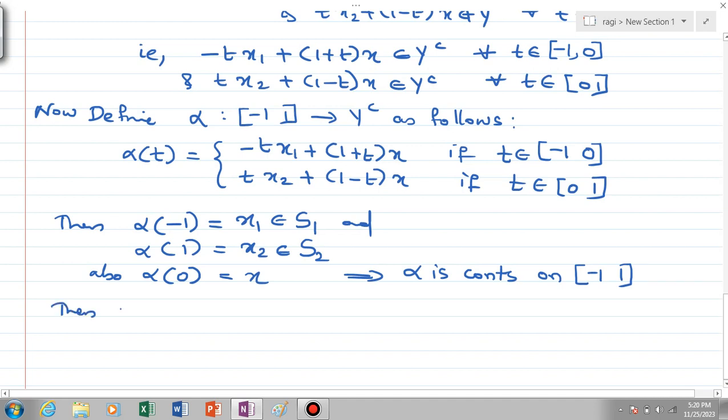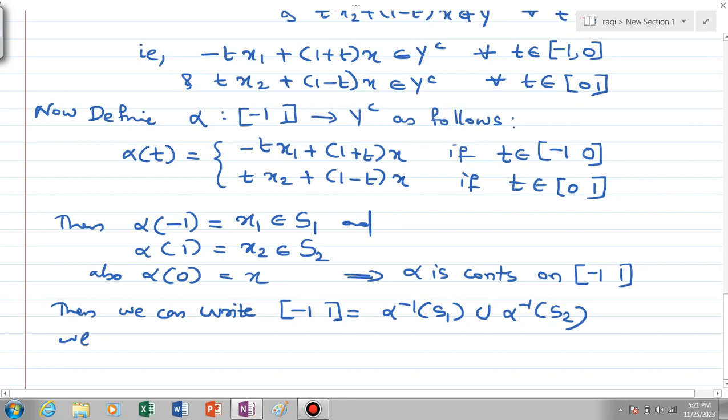Then we can write the closed interval minus 1, 1 as alpha inverse S1 union alpha inverse S2,